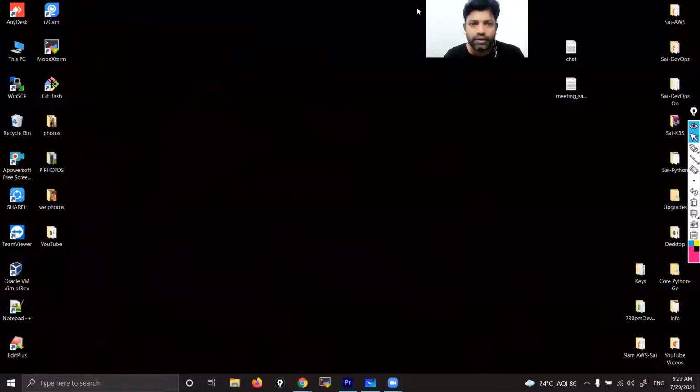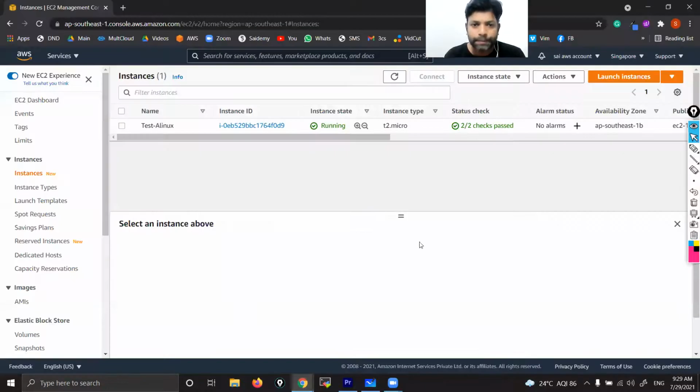Those are in my recycle bin. You can see PuTTY and PuTTYgen. Now I'll try to access this instance by using PuTTY and PuTTYgen. Then after that, I'll launch one more instance. For that, I won't select a different key pair. I'll choose an existing key pair. Got it? That is important here. So let's try to access this instance.